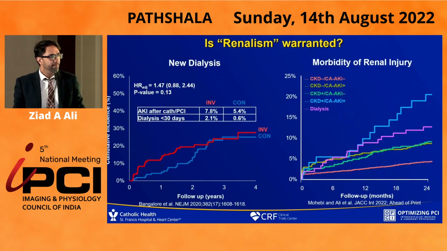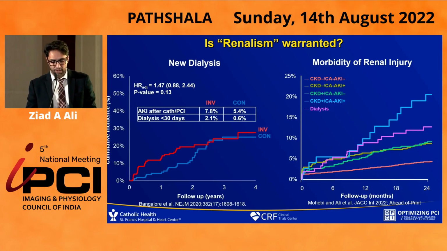Why does that happen? It happens because if you inject contrast, like it or not, into patients who are at high risk of developing renal disease, they go on dialysis. So you can see in the invasive arm, acute kidney injury is dramatically higher, and dialysis is 3 times higher in this ISCHEMIA trial compared to not.